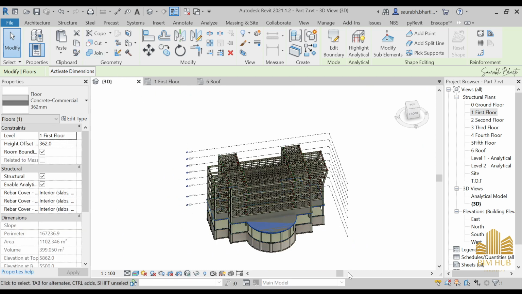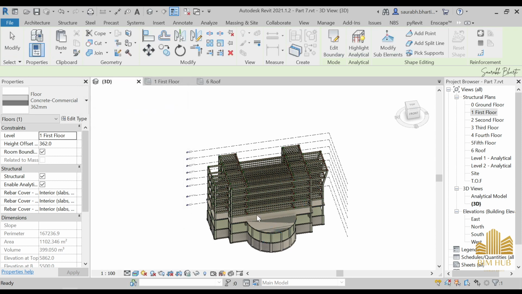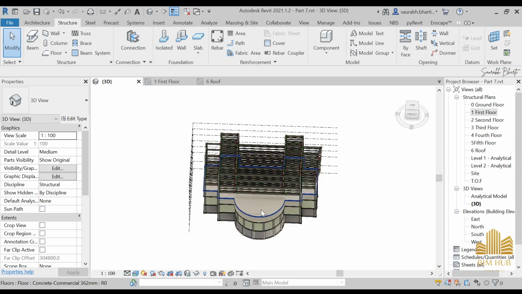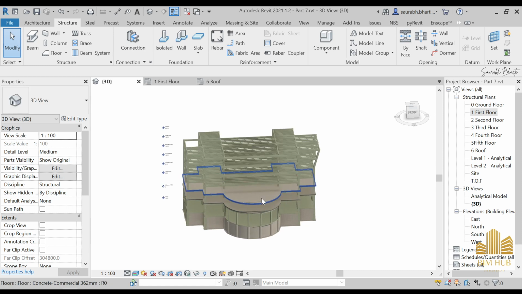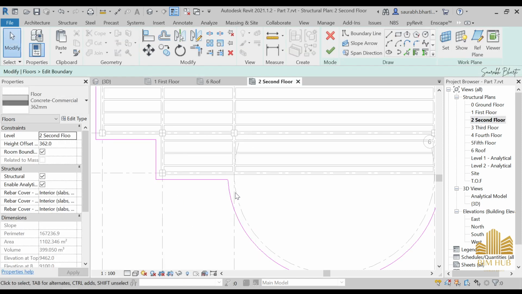So first of all, select this floor, go to copy, go to paste, align to selected levels, and over here select this second floor and press OK. And now we'll see that this has been copied to the second floor, and now we have to make some changes to it. So you can either go to the second floor, or you can select this second floor from here, go to edit boundary, go to the second floor from here, and now